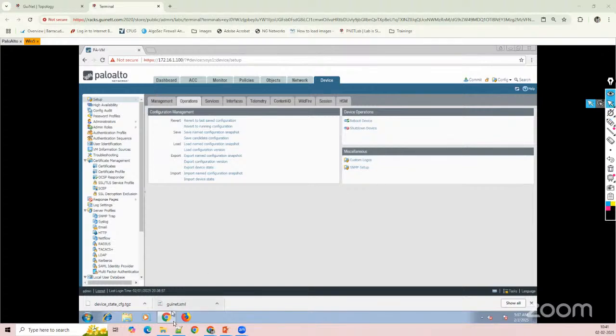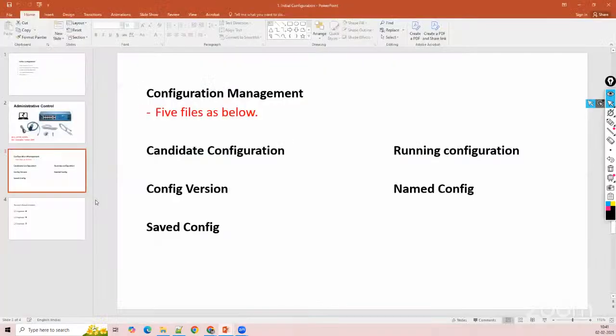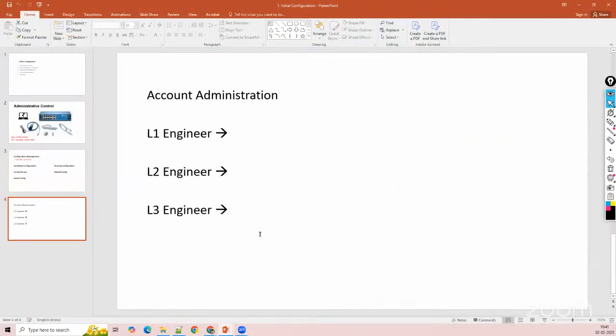सो दिस इज अवर द कॉन्फ़िगरेशन वन गाइस, ओके, एंड कैंडिडेट कॉन्फ़िगरेशन, हाउ टू कॉन्फ़िगर दैट वन, एंड लेट मी चेक द लास्ट वन, दैट्स द अकाउंट एडमिनिस्ट्रेटर। ओके, जस्ट लाइक यहाँ पे मैंने जस्ट एक ब्रीफ बताया, बट डिटेल्स में हमारा एक अलग सेशन रहेगा, एडमिनिस्ट्रेटर अकाउंट्स डिटेल्स वाला। सो उसमें पूरा का पूरा प्रोफाइल, बट यहाँ पे क्या है कि समझ लो कि आपका कोई L1 इंजीनियर है, L2 इंजीनियर है, L3 इंजीनियर है, उसको कैसे क्रिएट करना है। सो समझ लो L1 को आप फुल एक्सेस नहीं दोगे, आप उसको जस्ट रीड एक्सेस दे दो।